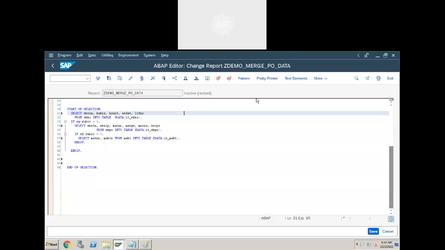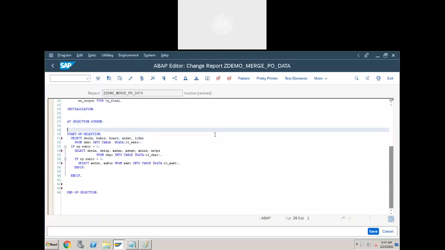Tell me, yesterday I clearly explained how to choose the table which we should include in the loop statement. So what is the n table here? For each purchase document number, EKKO table contains only a single record.